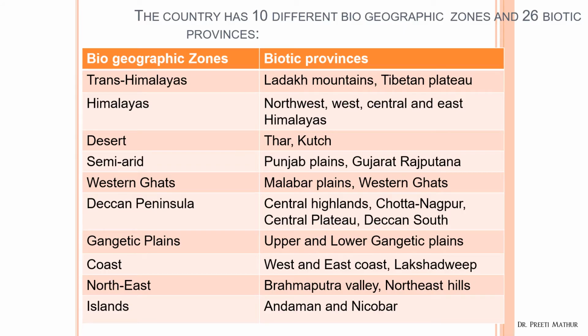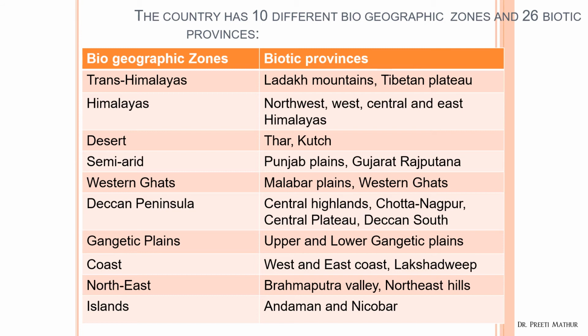Now in this slide, the country has 10 different biogeographic zones and 26 biotic provinces. The biogeographic zones are shown like Trans-Himalayas. In that there are the Ladakh mountains, Tibetan plateau, and next is the Himalayas. These are present in the northwest, central and east Himalayas, and then comes the desert. Thar and Kutch deserts are there. In semi-arid